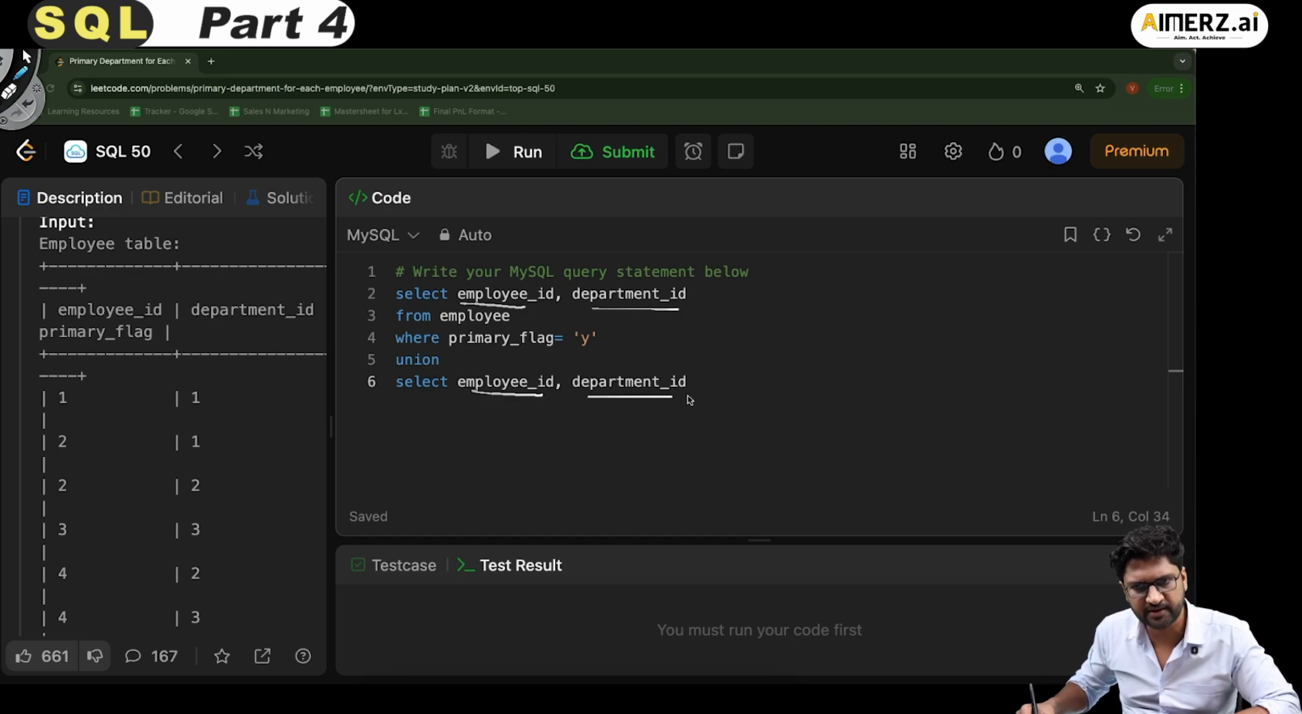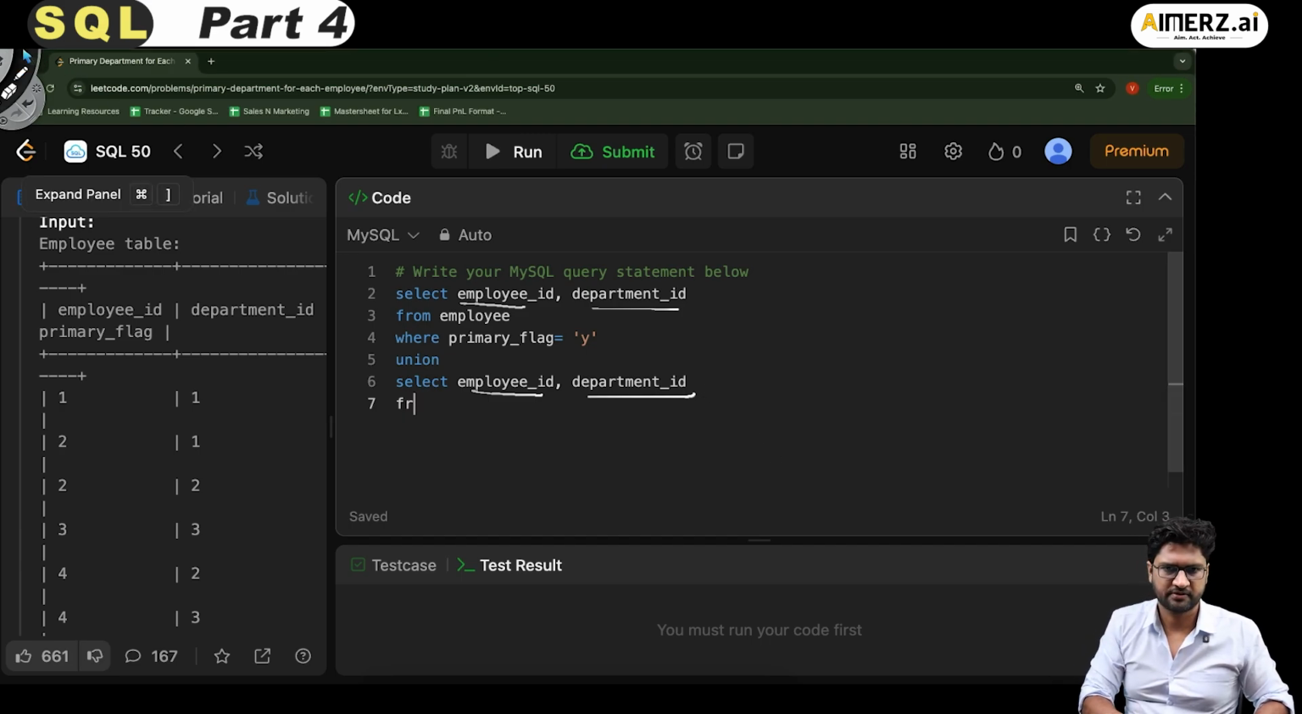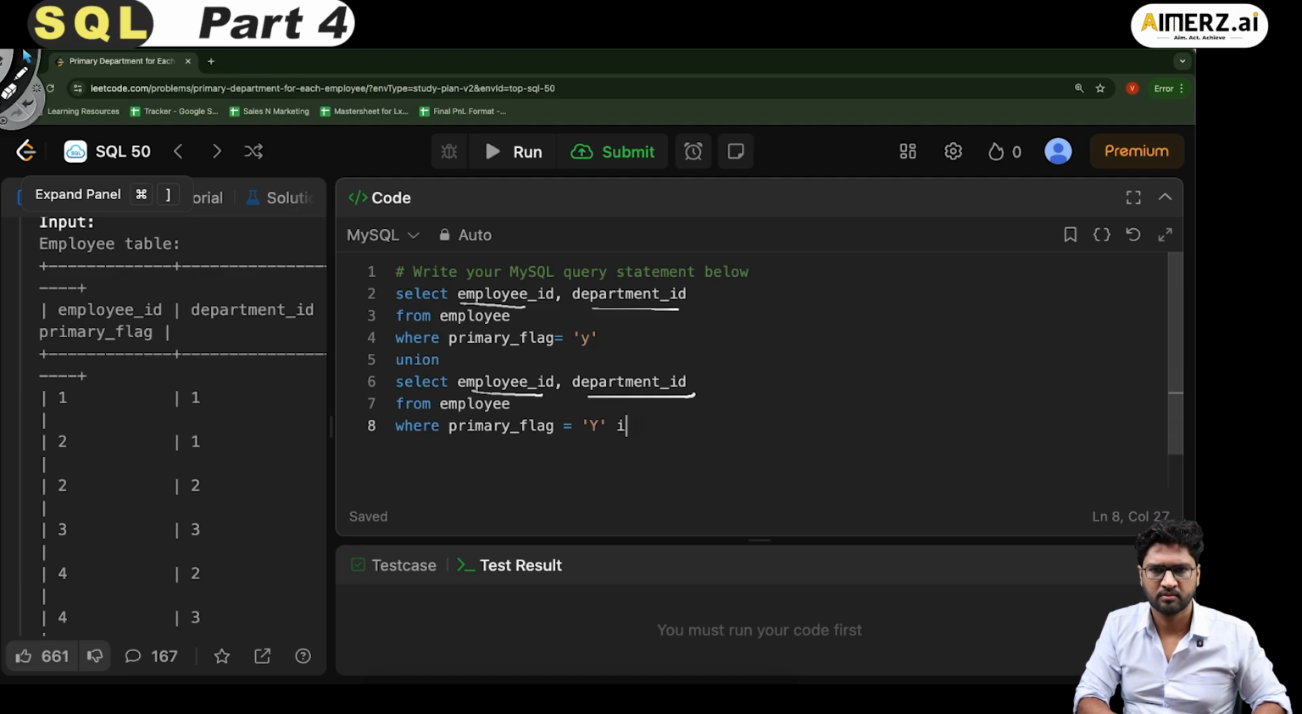So inside this also I have employee ID and department ID itself. And then at the bottom of this I go and write it as from employee, where primary flag equals to y, or employee_ID in, and inside this I'll write this query where I say select